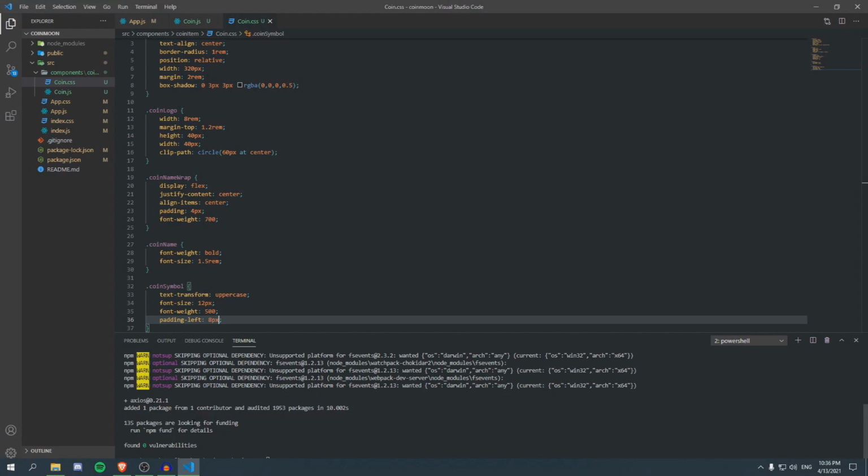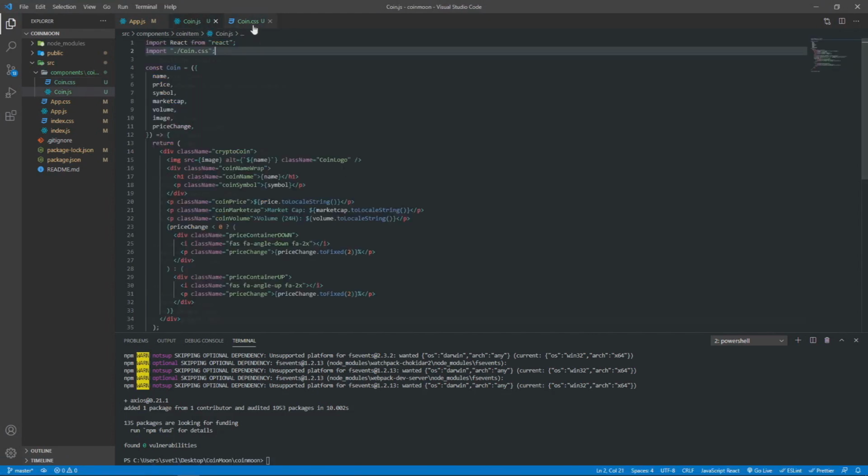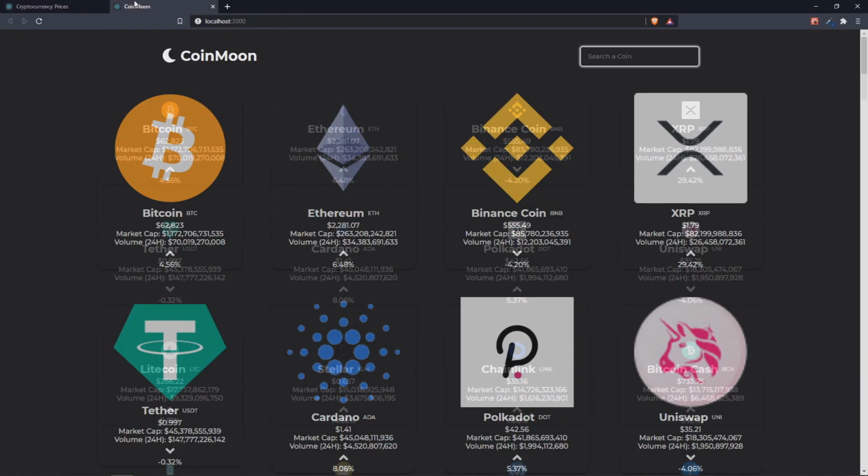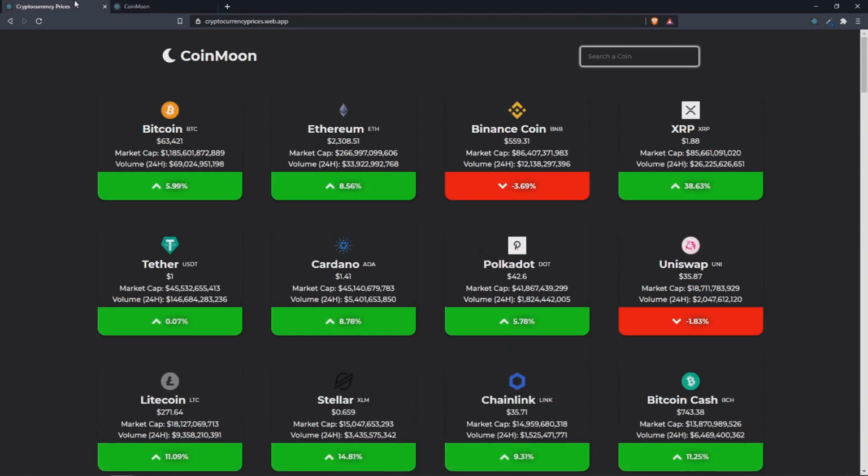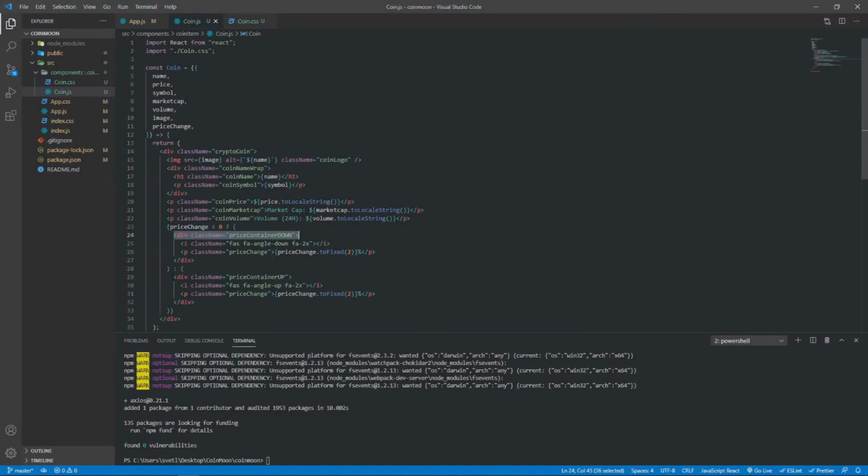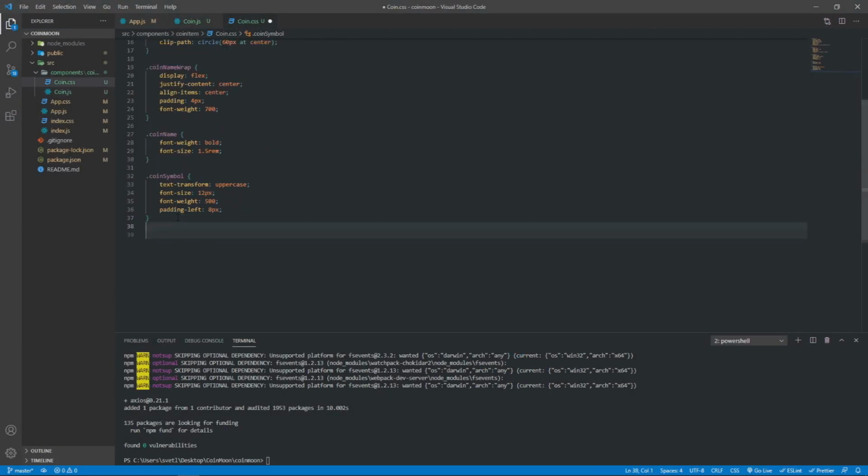See, I think we're missing something on it, which is coin logo. We have it A+C, which is wrong. There we go, starting to look pretty similar. Price container down and up. Let's start those. We'll start with price container up,